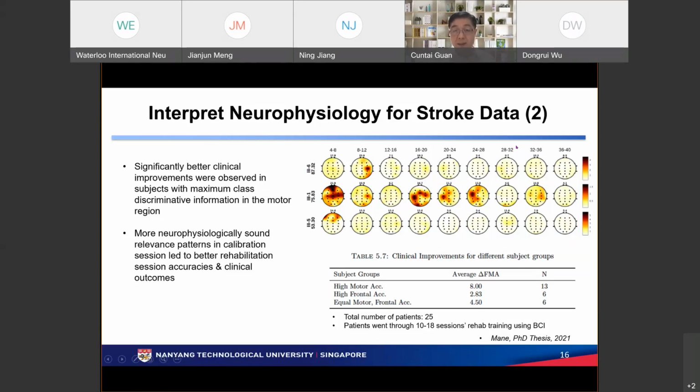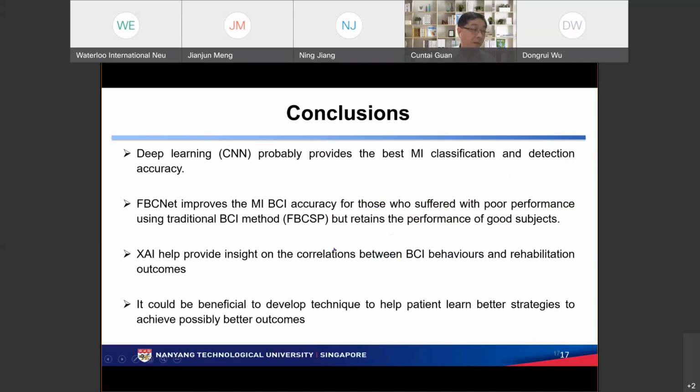But this initial information gives us a lot of additional things we didn't know in the past. As a quick summary, I think my time is almost there. Deep learning is very promising for motor imagery. It not only provides good performance, but also can provide insight. This is exactly what we want. And new architectures and new methods can come, which will evolve compared to the traditional approach, which is almost there, so hard to have much improvement.